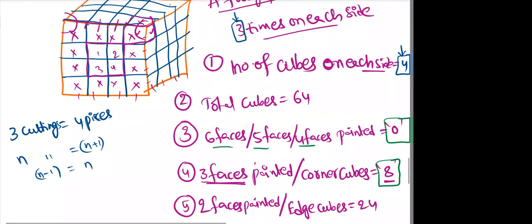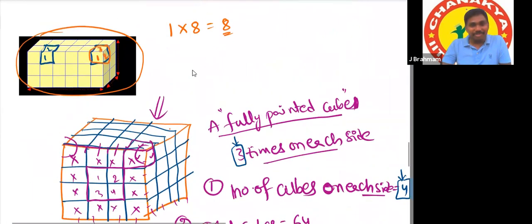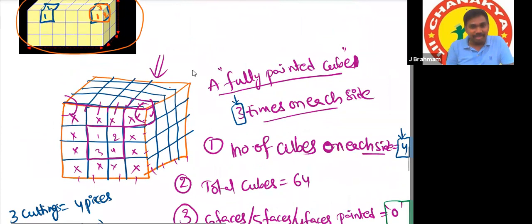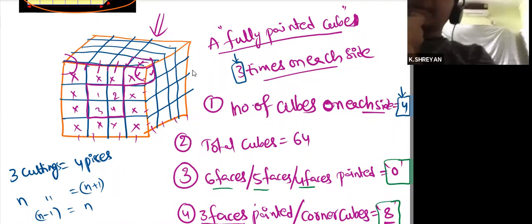Every cube is painted only on the outside. So if we take out the cubes which are painted on the outside, we can find the cubes which are not painted. Exactly. Very good. Excellent. If you take out all the outer layers one by one, then what about the inner cubes? They are not painted. Yes or no? Okay, sir. By transparent means we can see, sir.